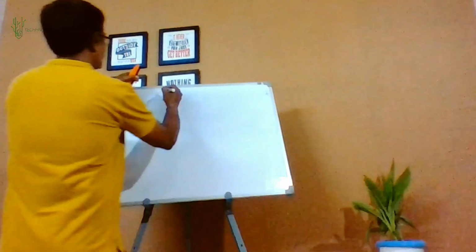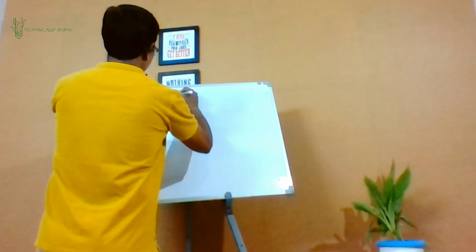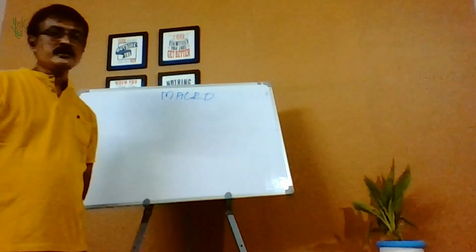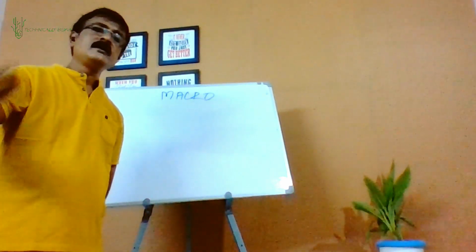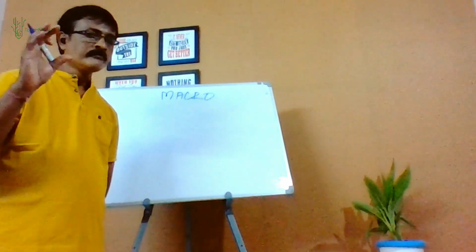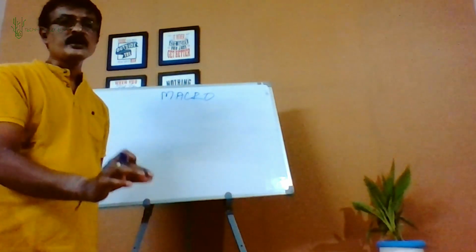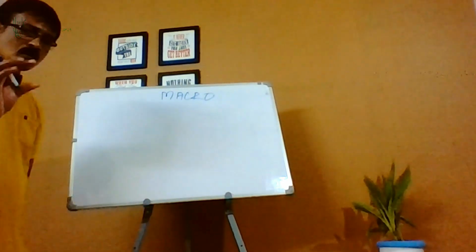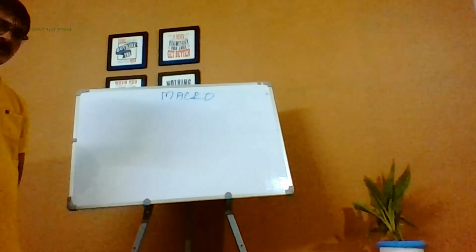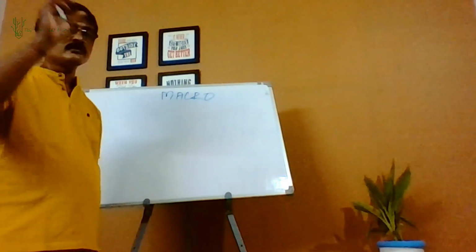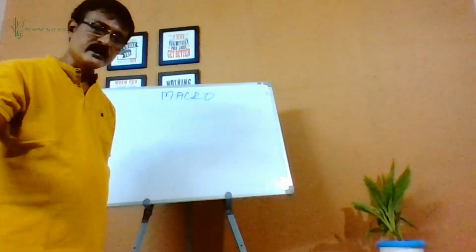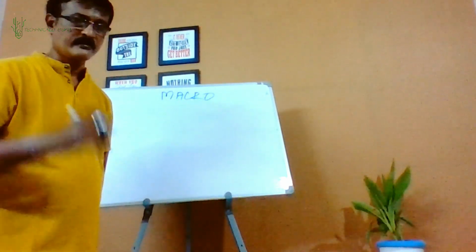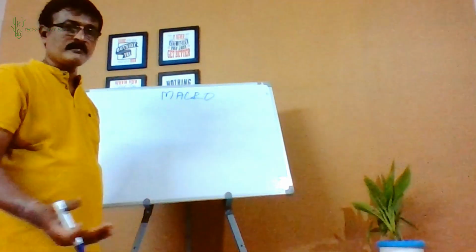Okay. What exactly is a macro? A macro is a single statement, or it can be more than one statement, which is denoted using a particular word or phrase. If you use that word or phrase inside your program, it will be automatically replaced with all those statements, or a single statement. I'll show you how a macro looks.